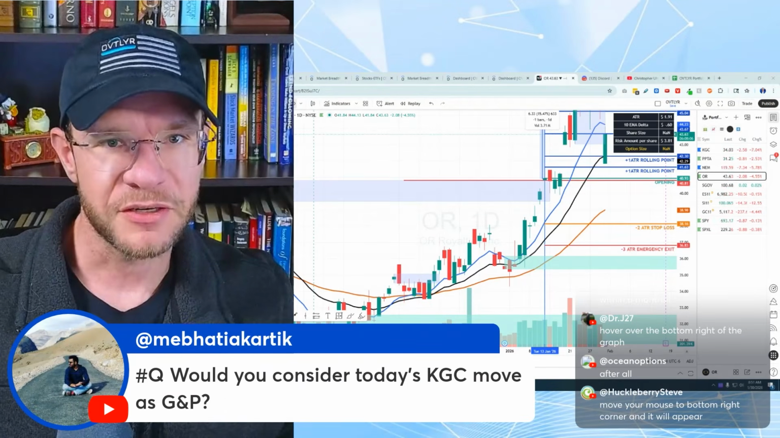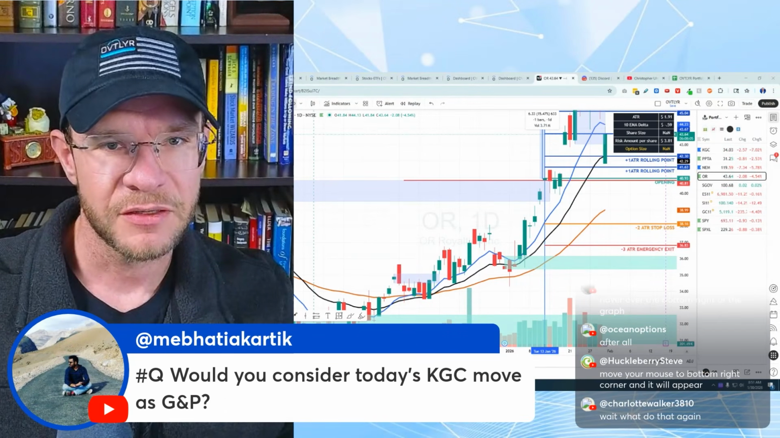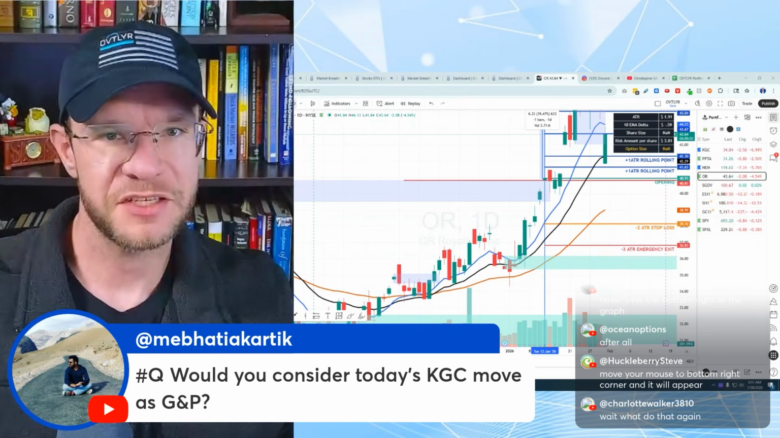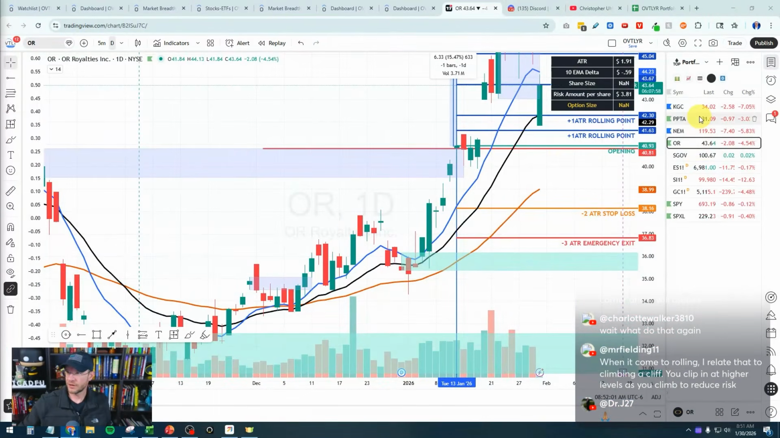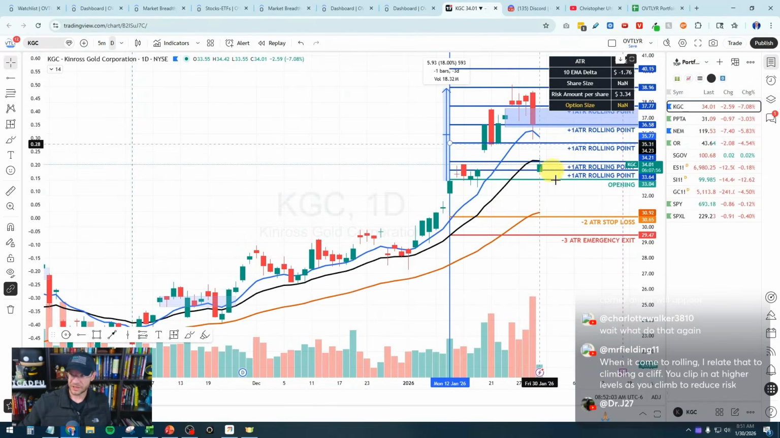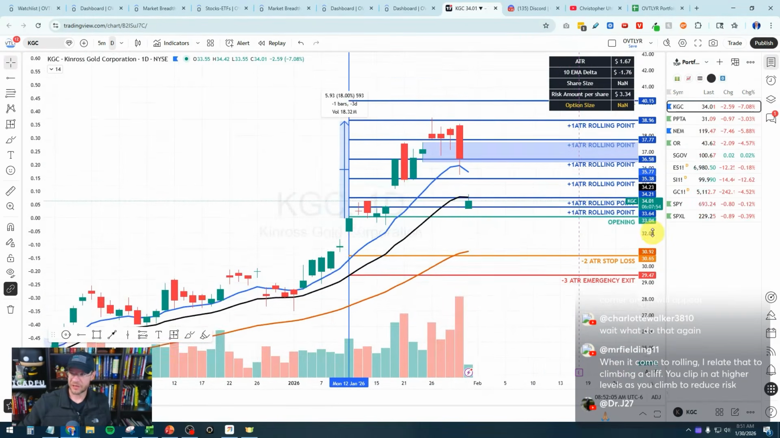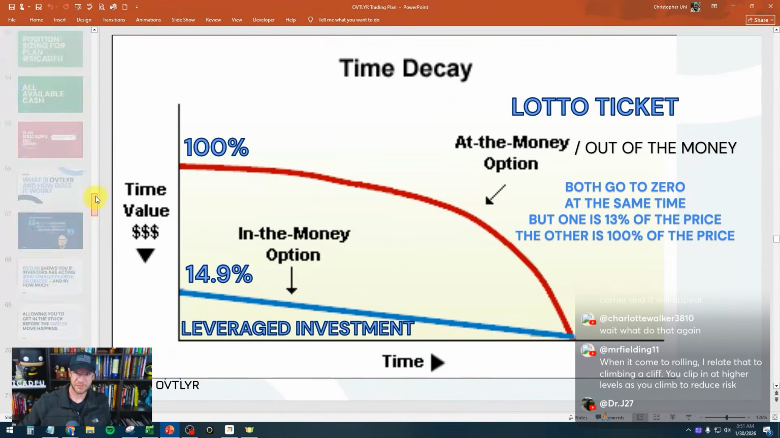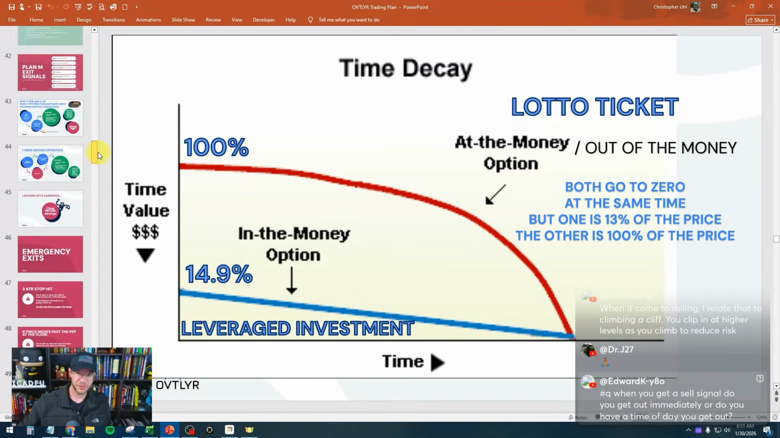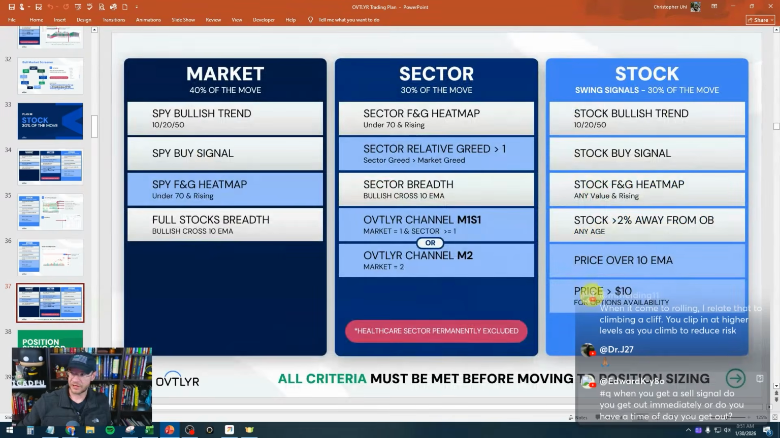What would I consider today's KGC move, a gap and crap, I guess, or a gap and go? So KGC, it definitely gapped down. No doubt, hands down about it. But that's not part of the trading plan. It can be for you, but it's not for me, right? The trading plan here, like